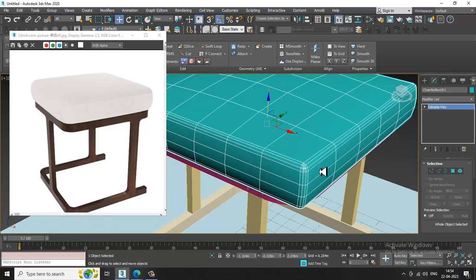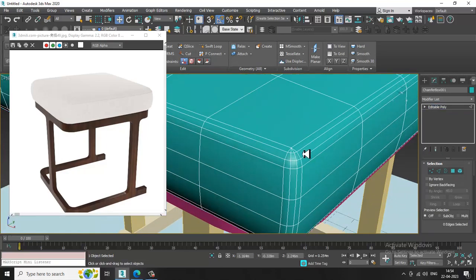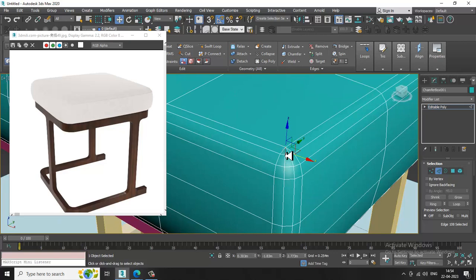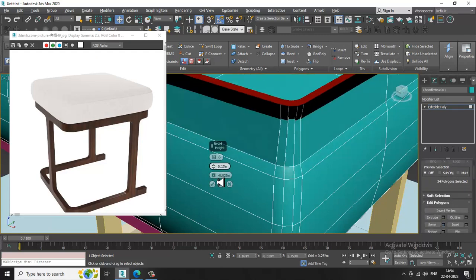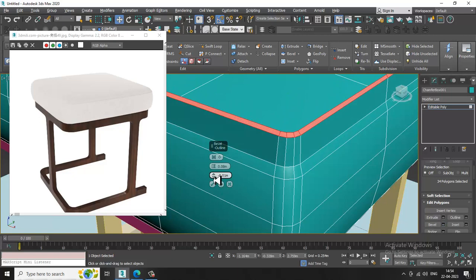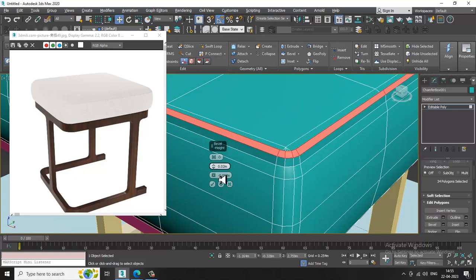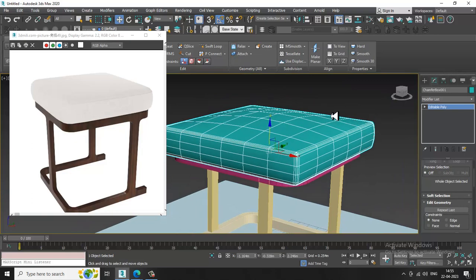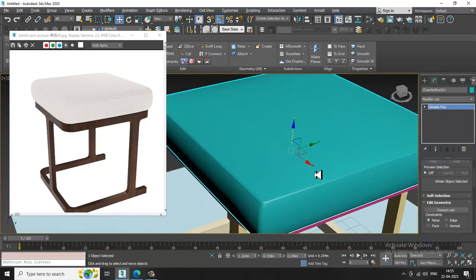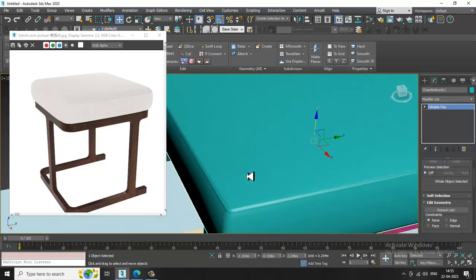So select these edges, let's ring this, select this, let's ring it, control and click on the polygons, and let's click on the bevel. Slightly I'll bevel it, and click OK. So as you can see, we get this stuff at the edges over here,